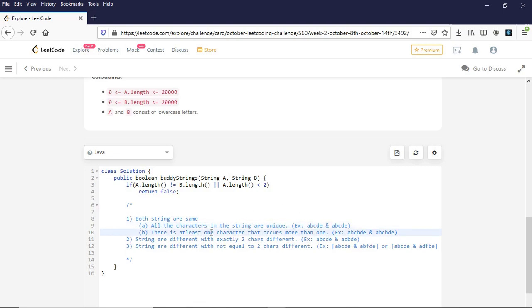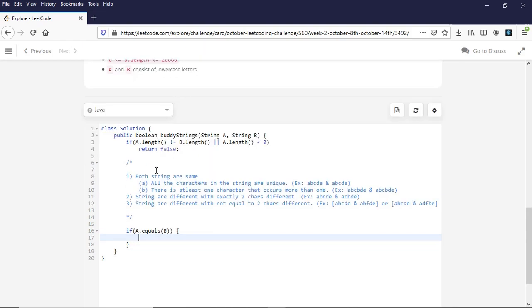The other condition when the strings are same is there is at least one character which is duplicate. An example for that will be ABCBDE. In this case both the strings are ABCBDE, but since B is occurring more than once, we can swap the B at index position 1 and the B at index position 3 and make it same as the other string. It will still be the same string because we are swapping the same character but in different index positions. So let's take care of these conditions one by one.